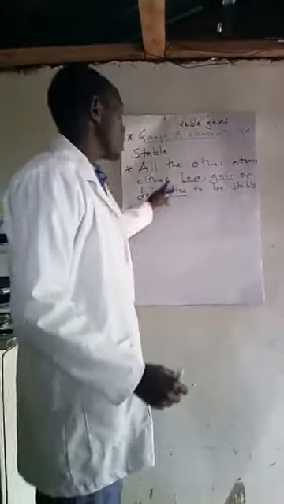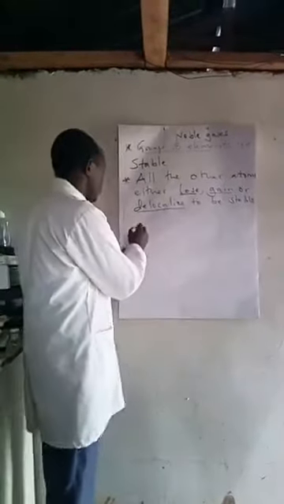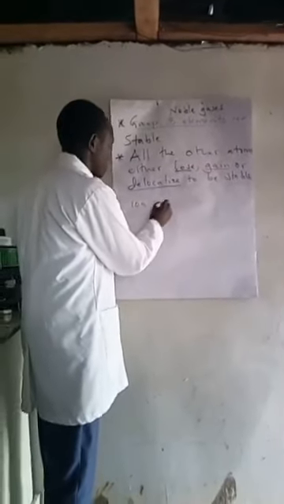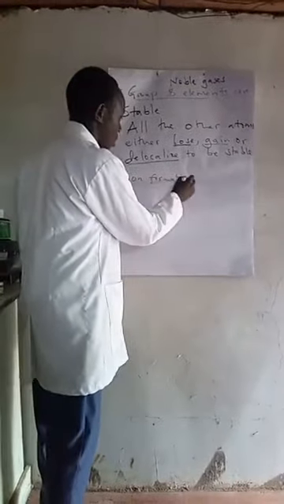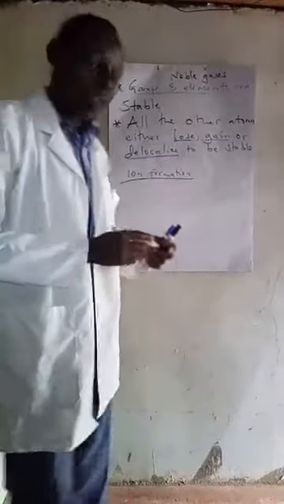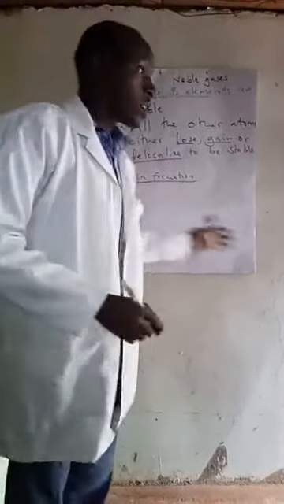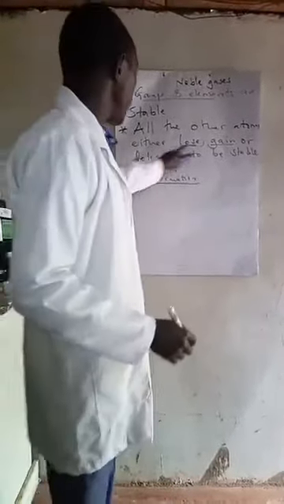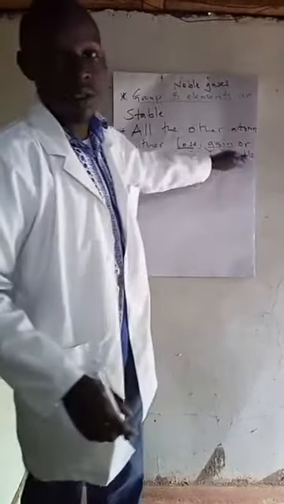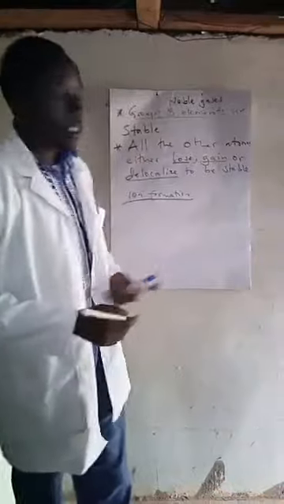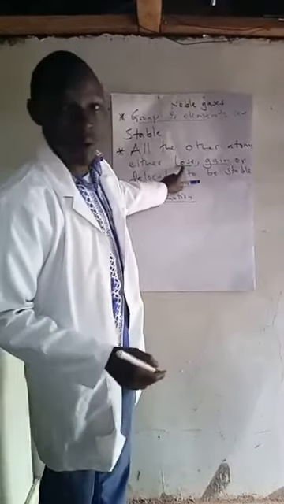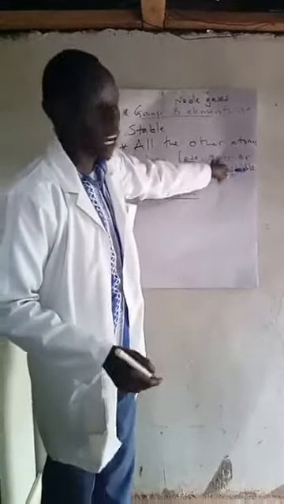In a previous topic, you talked about ion formation. Ion formation includes the losing and gaining of electrons for an element to be stable. When we looked at that, we said that all metals lose electrons, non-metals gain electrons, and